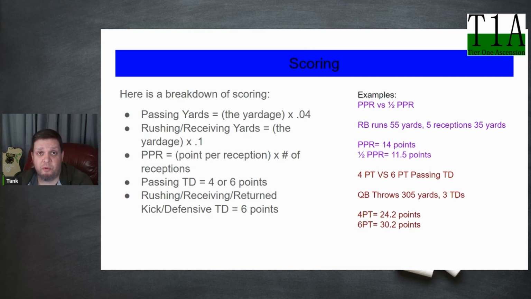Now say he runs for 55 yards. He's going to add another 5.5 points on top of that if he does any rushing. So that is what I was talking about just a little bit earlier, is if you have a compound player where they are doing more than one thing, a rushing quarterback, it now makes your point total, say in your 4 point per passing touchdown, you just added in 5.5 more points. So now he has 29.7 points on a week versus the non-rushing quarterback who got 24.2.